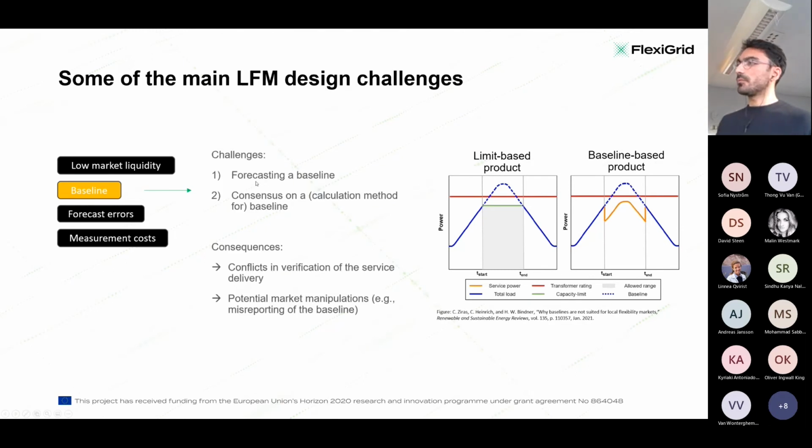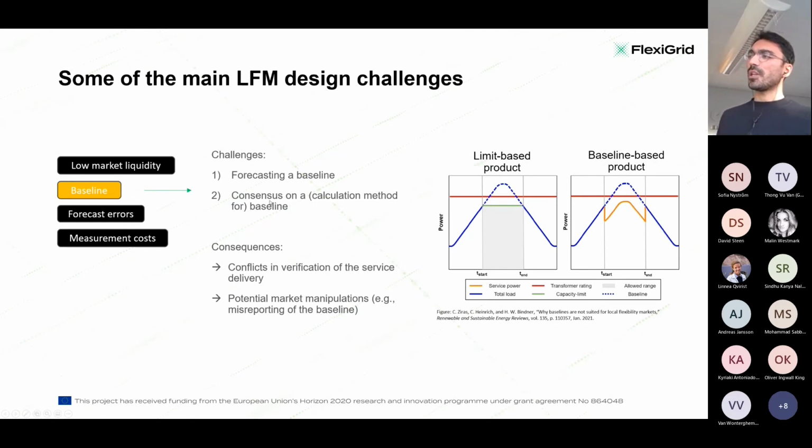But what are the challenges for baselines? It's hard to forecast them, especially at the low aggregation level. Also, if we start selling flexibility, then for the past few days, how can we say what the actual behavior was before we were selling this flexibility? It's like needing a reference day, as flexibility might be in the future less and less available. You will not have it as the system is becoming more dynamic.